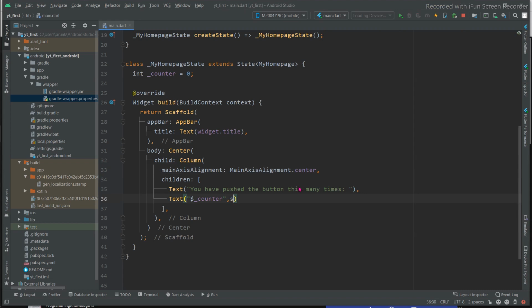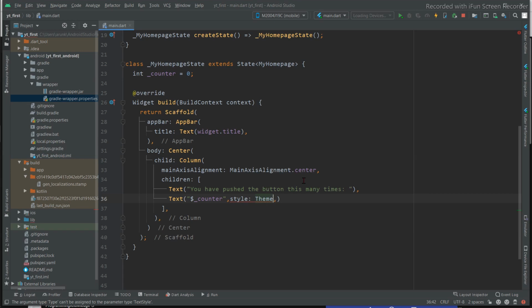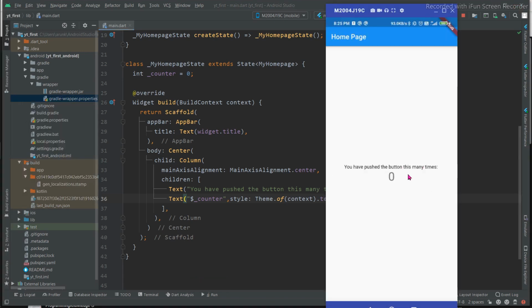So I will write style: Theme.of(context).textTheme, and I will put headline4 so that it will look a bit bigger. Now let's run again. Now you can see the size of the counter value is bigger than this title.